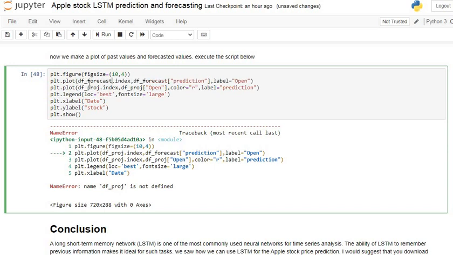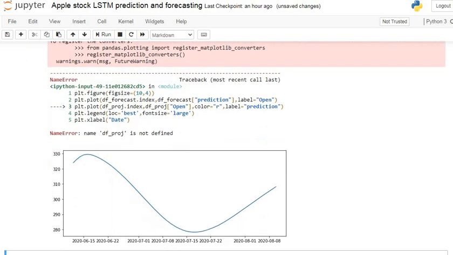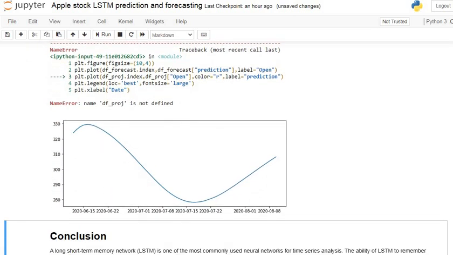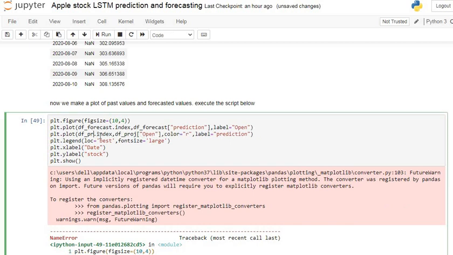You have to just do this. You can see here, okay, again there is an error. So what is the error? df.proj is not defined. So here we have to give predict because we already changed the name.